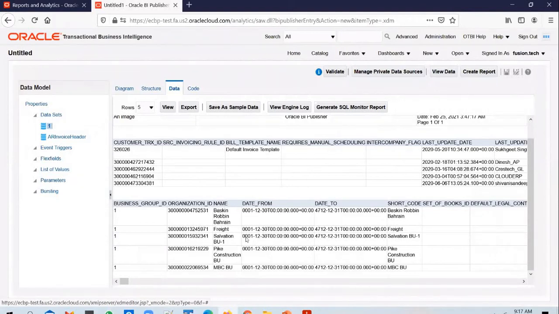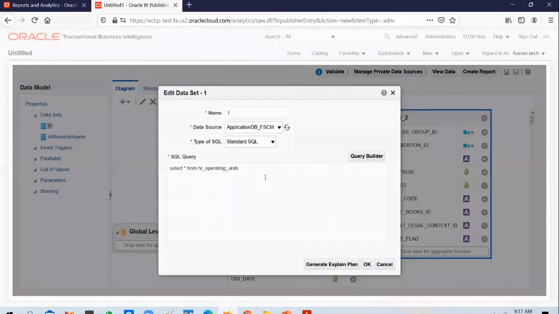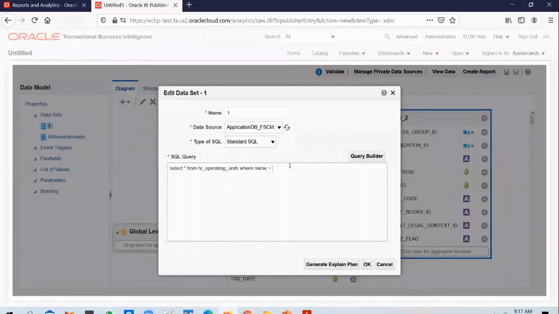And if you look here, the second query is pulling the business units information: MVC BU, Salvation BU, Construction BU. So in this second query, let's put in a restriction. Let's search for this BU, where name equals Dinesh US Retail BU.